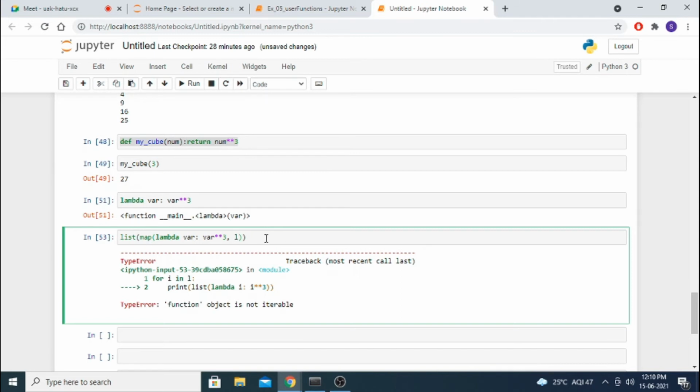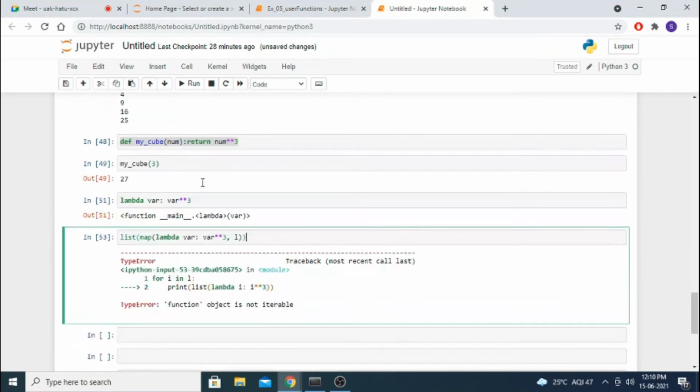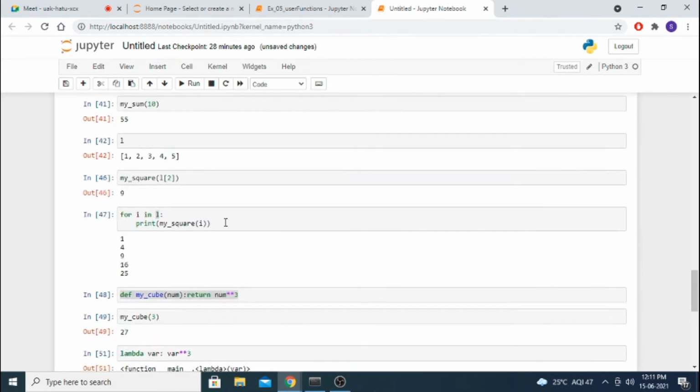Lambda, I told you, we are going to shorten this thing. L has 1 2 3 4 5. So with the map function, instead of using this for loop, for i in L, print my square of i, where each time we are sending one element.